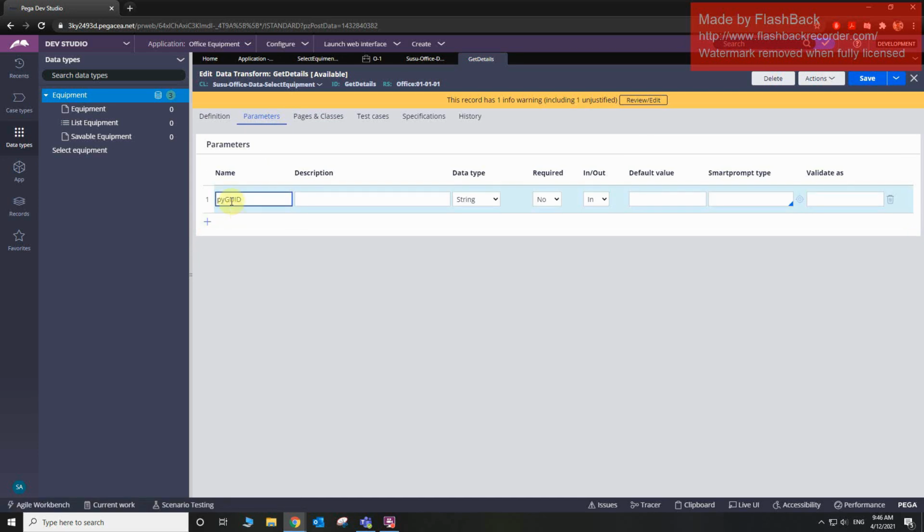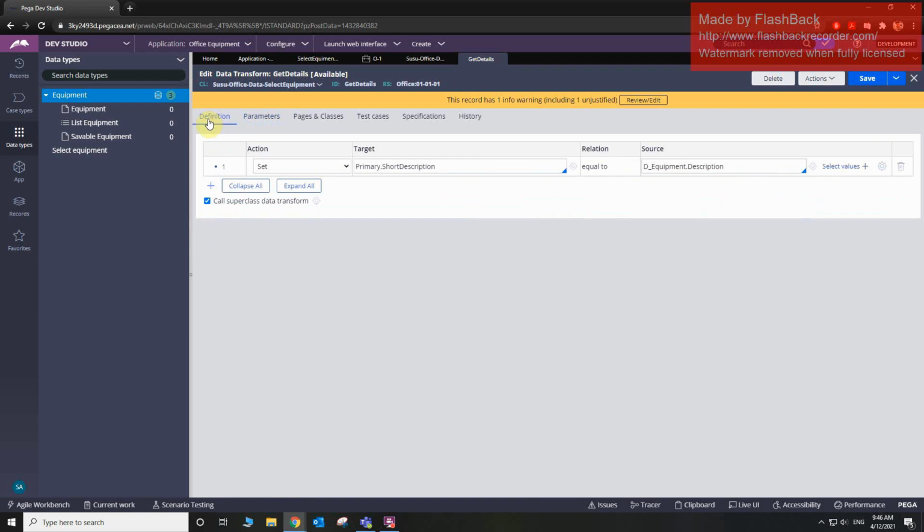So let's add PYGUID. Now, once we insert that PYGUID, Pega will know. Based on that PYGUID, Pega will find the associated equipment. So we are going to go to this data page and have Pega figure out